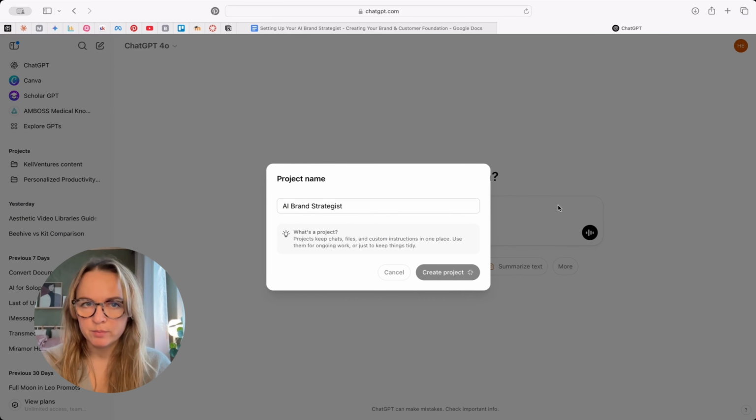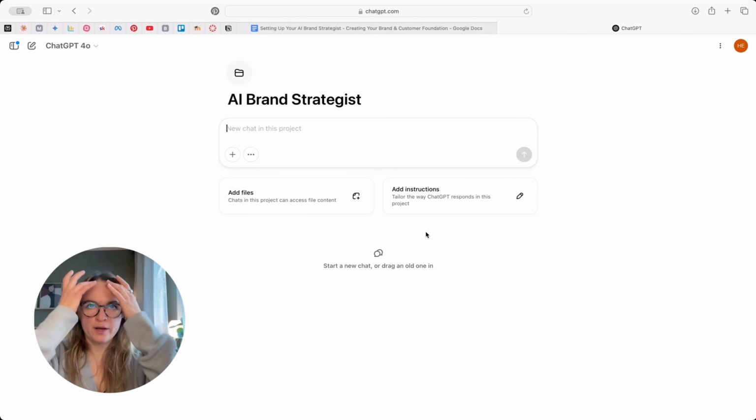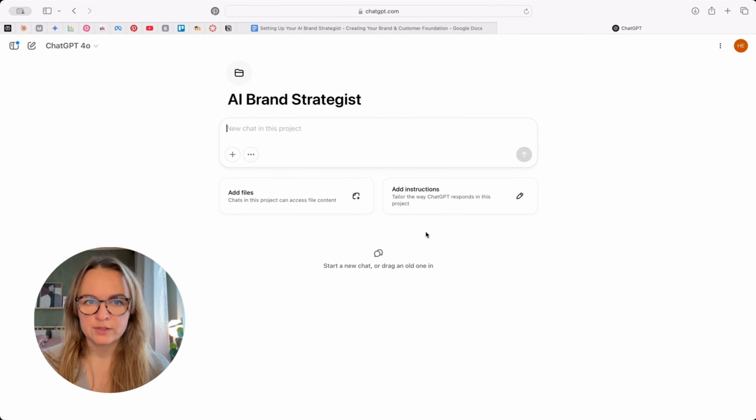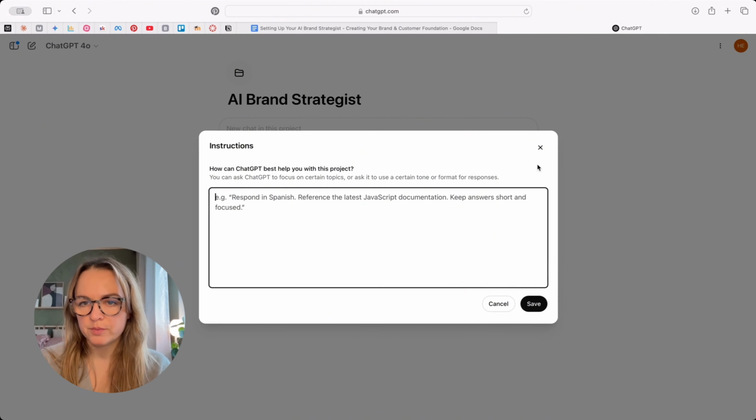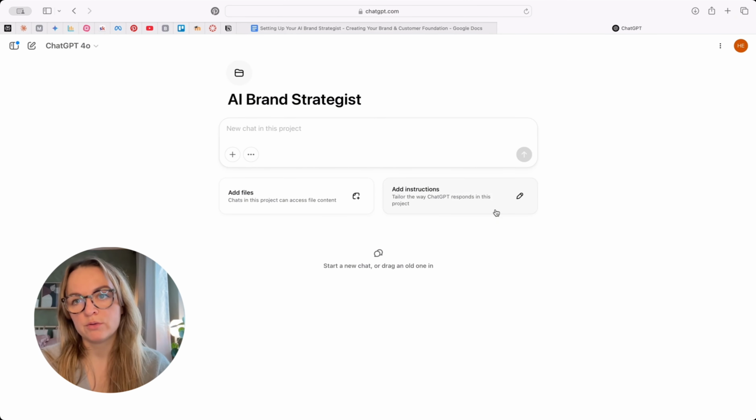The reason we're creating the project is that we want to create the AI brand strategist to use as a future reference, right? So we want to make sure that we have this information and context for all our future social media needs. Here we can add the structure of the project, different files, and after this tutorial we'll have a document that we'll upload here, and then we can also add some instructions for how we want it to respond. So I'll leave it off for now. We can just add it later if we want, but it's basically, we want you to respond in simple terms, or we can upload our tone of voice. Again, that's something we're going to provide quite comprehensive instructions for at the end of this video.